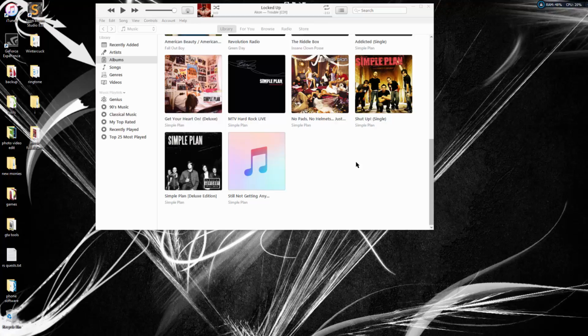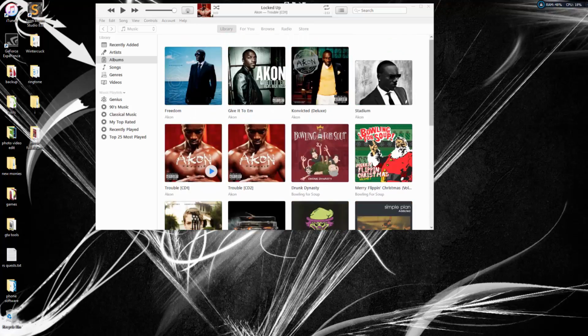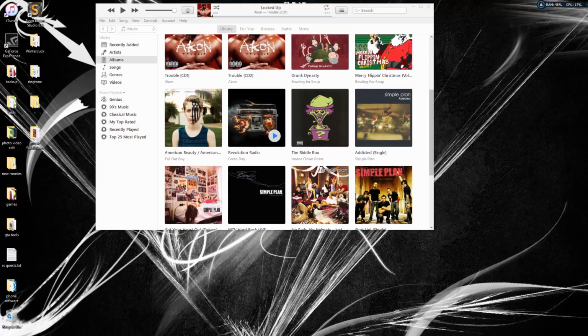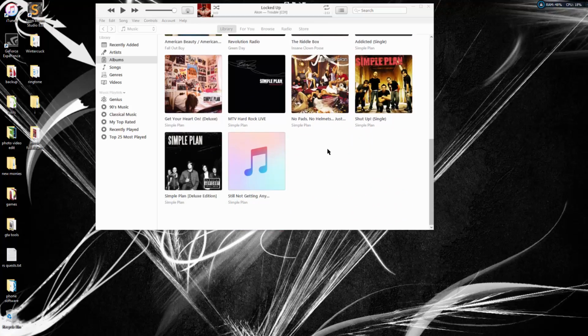A lot of you guys out there, I know you've been looking for ways to make it so that you don't have multiple album art. It would look like this, but this is actually two separate CDs, so it's supposed to be like that. And they're from the same album. But